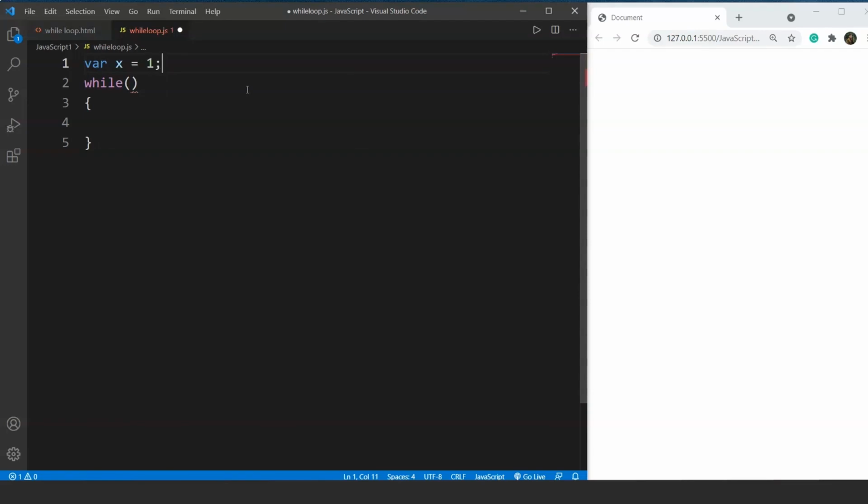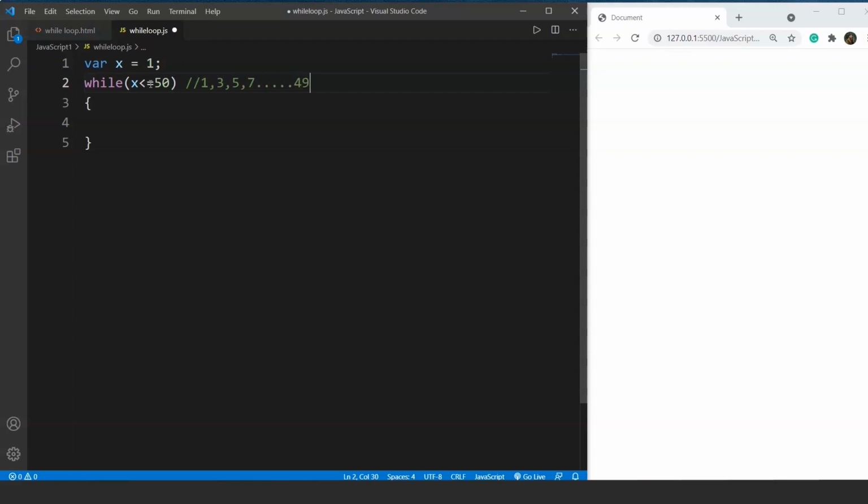After that, inside the condition, what we want to do is print the odd numbers up to 50. So the condition will be like while x less than or equal to 50. So the loop will go till x is less than or equal to 50. Or we can say x less than 50. That depends on us if we want to check for 50 or not. So the odd numbers will go like 1, then 3, then 5, then 7, and up to 50. So the last odd number will be 49.